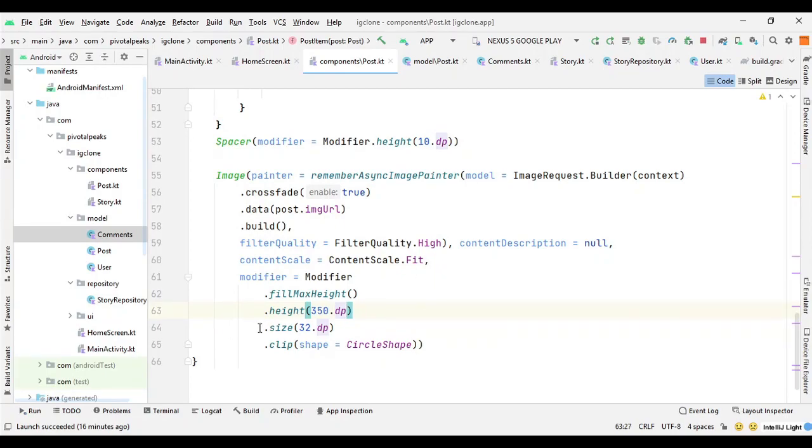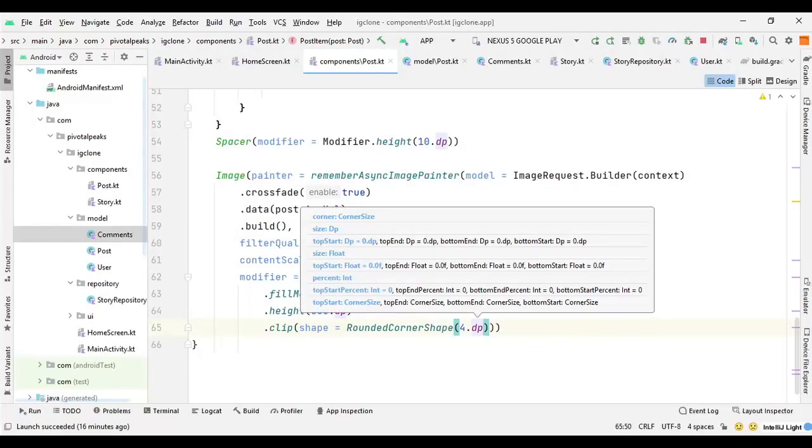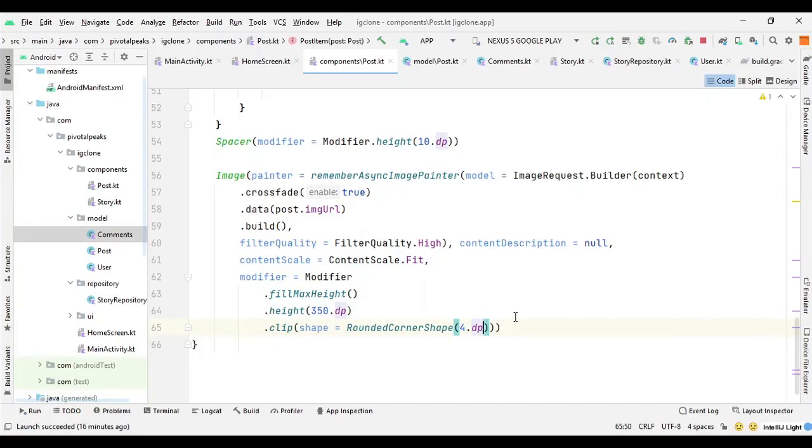And let's remove the size. We don't want to constrain it with size. We want it to take all the width, and we don't want the circle shape also. And if you'd like to give it a shape, then we can give it a rounded corner shape of 4.dp, so it won't be too much, just the corners will be a little bit rounded.